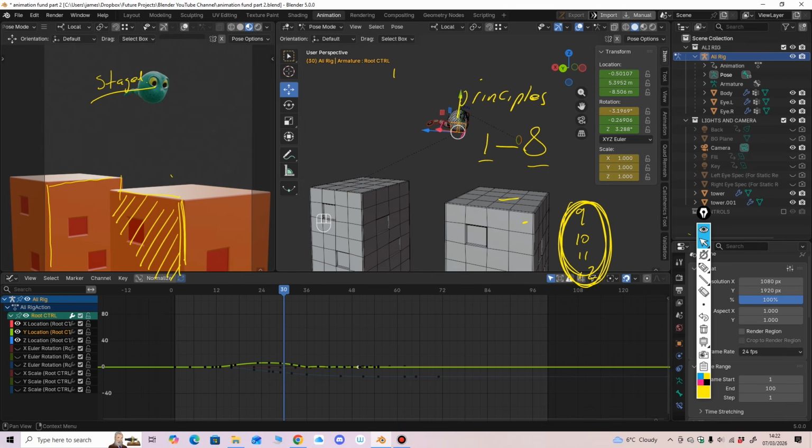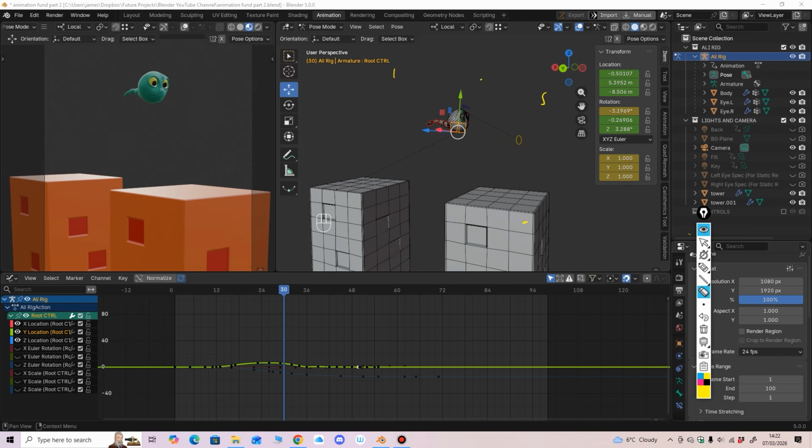Staging. So that's going to be the end of this second part of the series on these 12 principles of animation. And in the next lesson, we're going to explore 9 to 12,